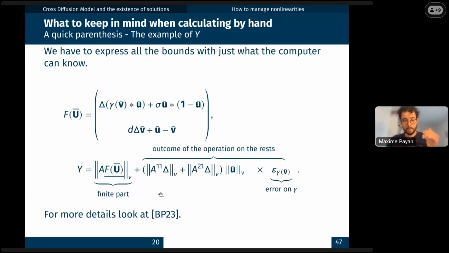For y, of course, this one is a finite vector applied to a matrix we know exactly. There is a tail part, but it disappears when we multiply it by a finite vector, so there is no problem. These two norms are known